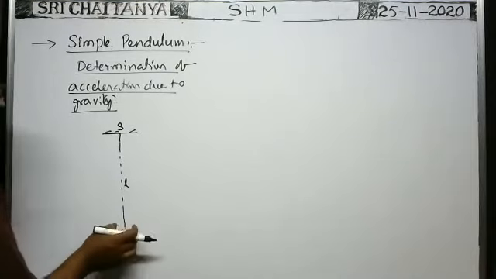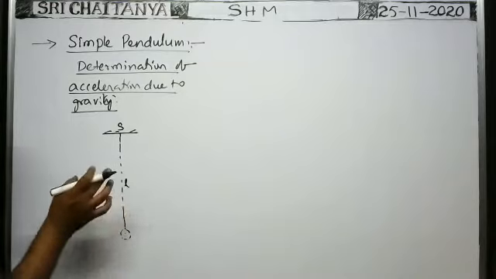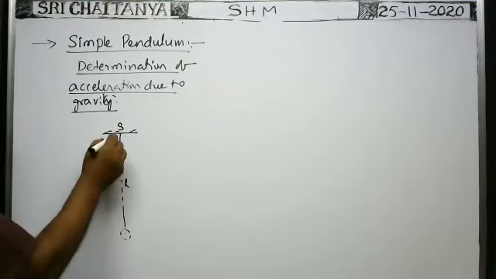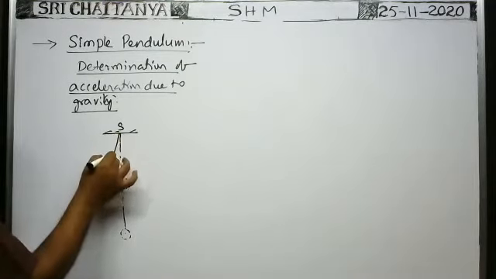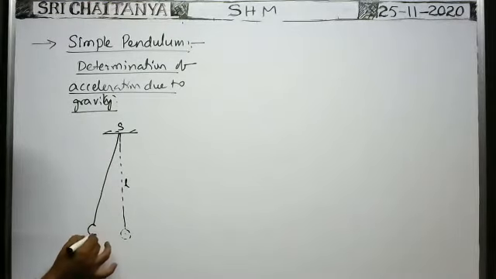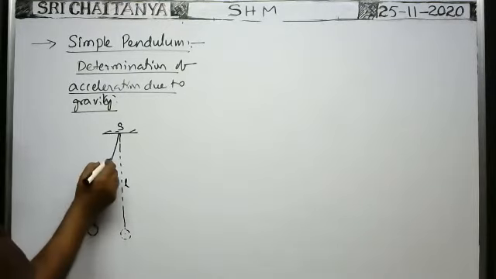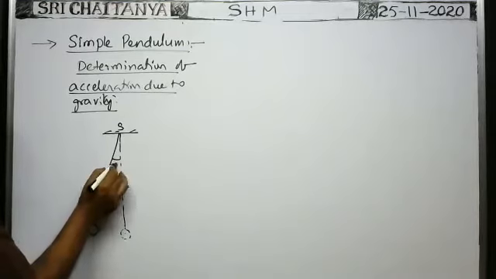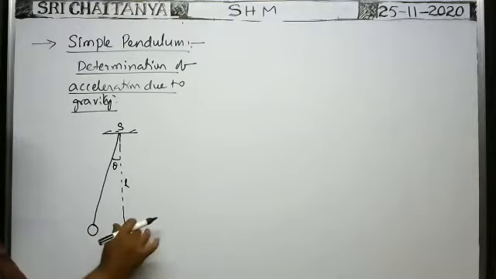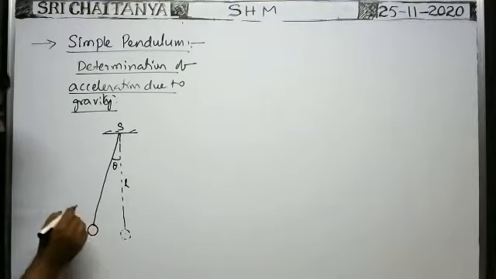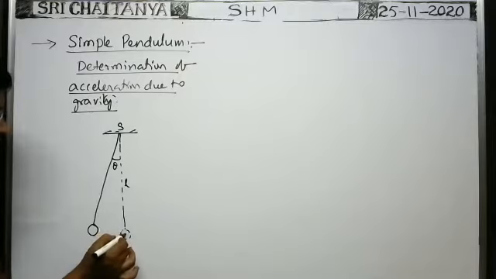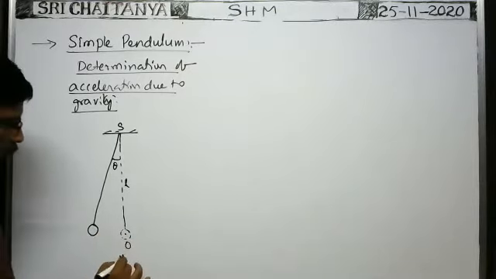Now you see, suppose the bob is pulled aside through a small distance. In order to see the diagram here, I will take more distance, but actually we have to pull the bob a small distance aside and release it. The bob of the pendulum is pulled aside to a small distance so that the pendulum makes an angle theta with the vertical. And when you release it, it makes to and fro oscillations like this. At the instant when the bob is at this position, consider the displacement of the bob from the mean position, say O.